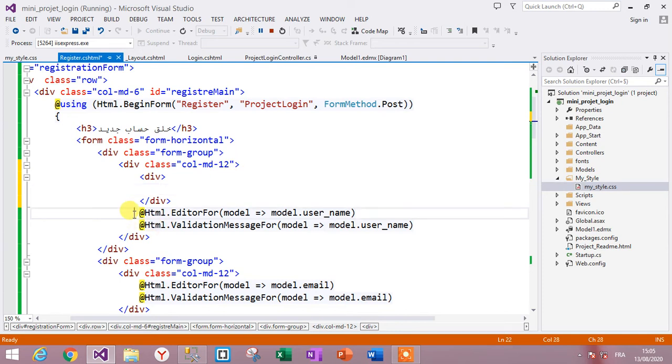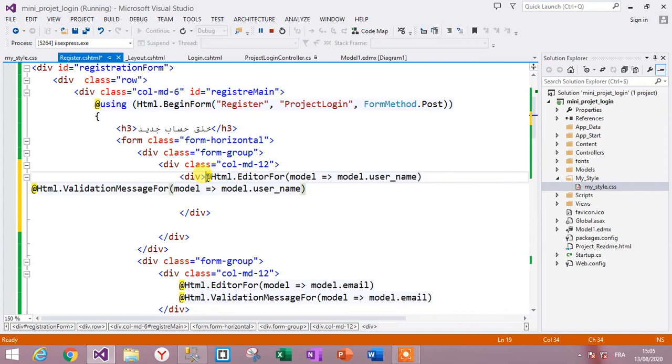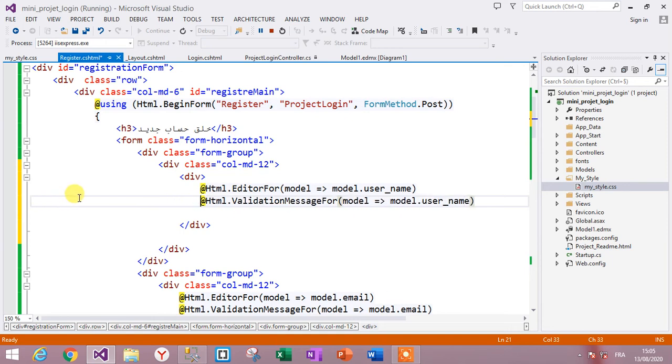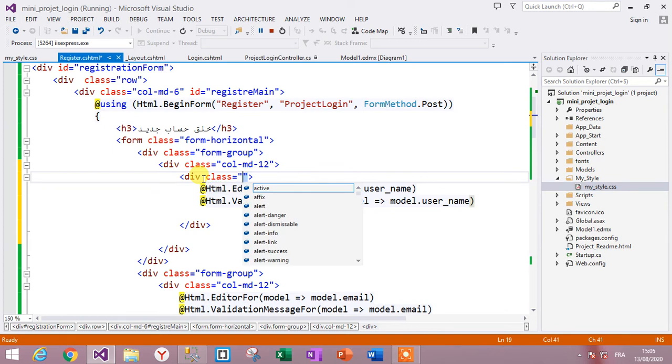So we can remove this too. And we use the class equal input in the input group